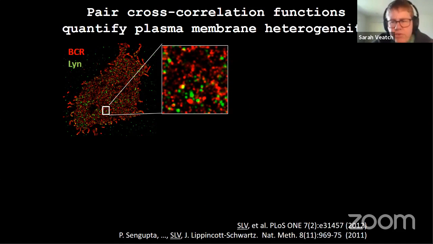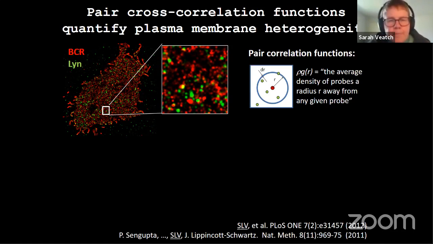All of the data that I'm going to show you today involves looking at two colors and not just one. It's just the same thing. We do the same thing with two probes at the same time, and we look at them on different channels, different parts of our camera. And then we end up with pictures that are just a whole bunch of spots. And we quantify these spots with something called the pair cross correlation function. Basically, it's just saying, does the presence of one colored molecule in a certain spot influence the local density of the other label?